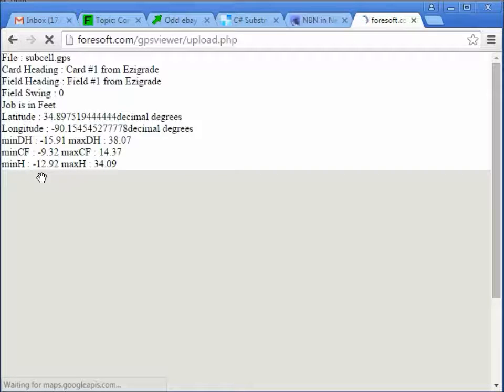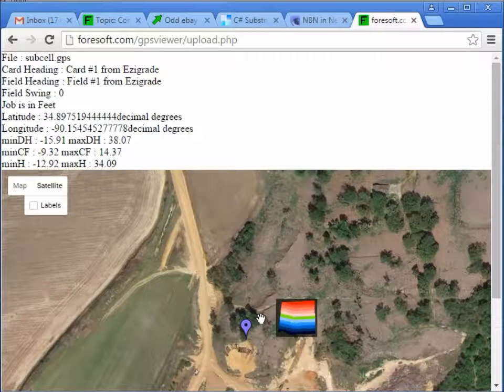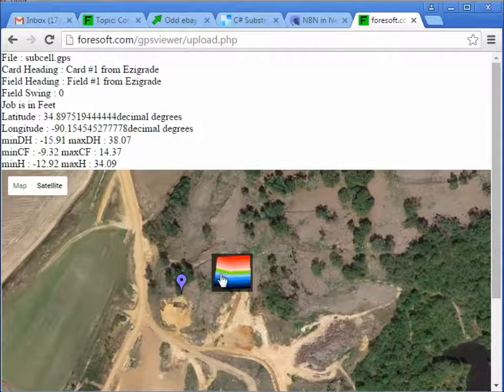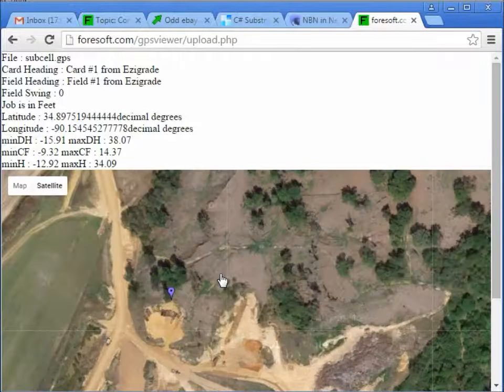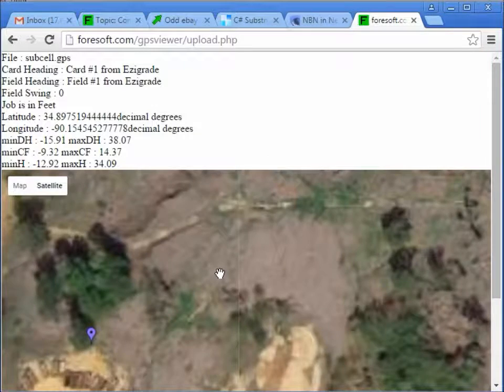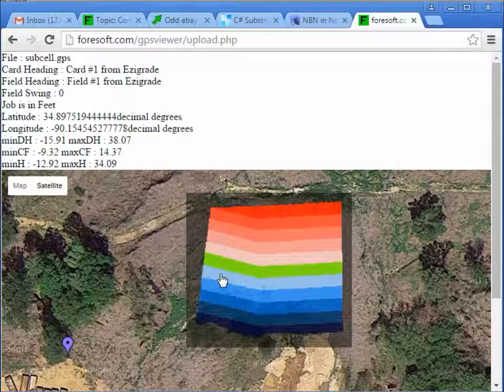If you look at those on the screen, you've got minimum DH, maximum DH. There, your minimum and maximum design heights, and all those heights are relative to the master bench. And that's what our design looks like. It'd be worthwhile just checking your cut and fill as well, but I won't do that. You can just use your backspace on your browser and